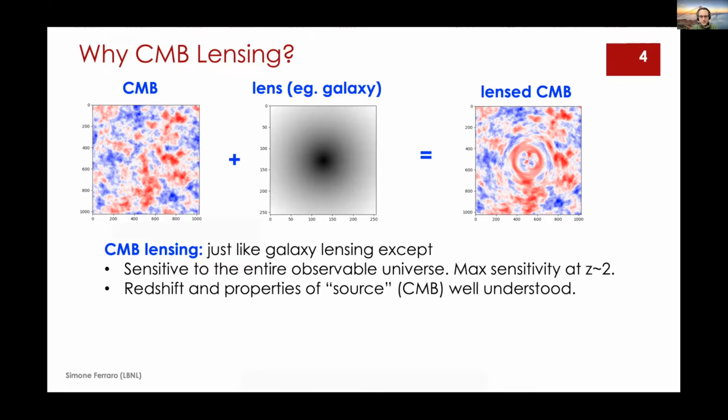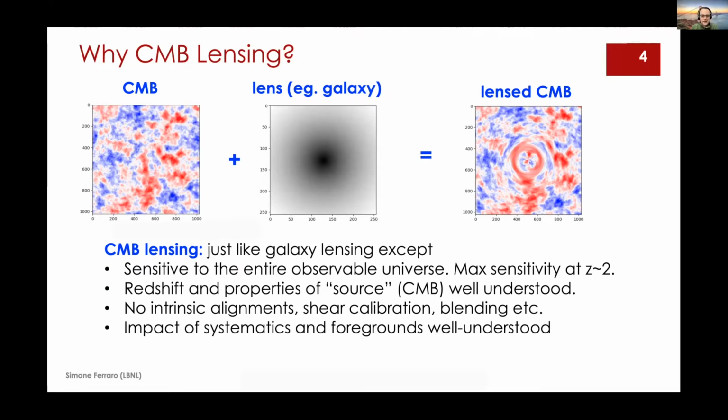The redshift properties of the source, and then the redshift distribution of the source, is very well understood. It is the primary CMB, so we have very little uncertainty there. You don't have problems with intrinsic alignment, shear calibration, blending, etc., that you have in galaxy lensing. And I would argue the impacts of systematics and foregrounds are relatively well understood, and it has comparable statistical power,